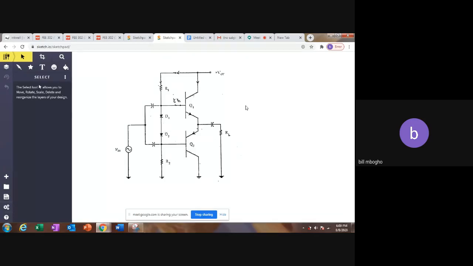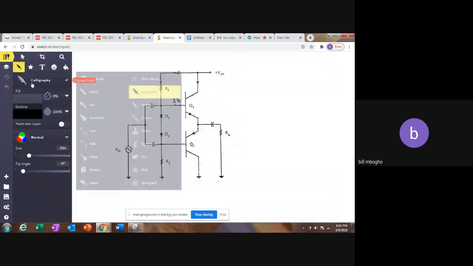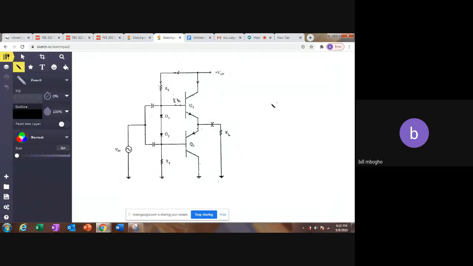First, I'll go through the operation of this Class AB amplifier. When our signal looks something like this,